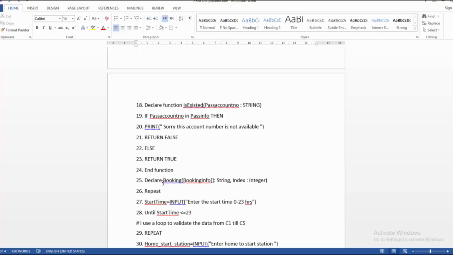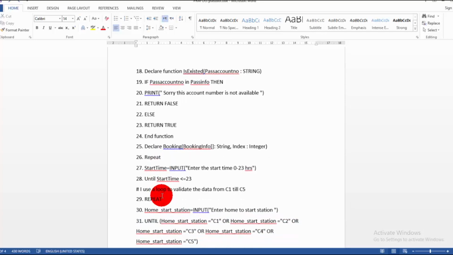Now next thing, declare booking, means now we have to store the booking information in this variable, and then I use the repeat variable. Okay, next is a start time variable, because it will store the start time, that at which time the train or the vehicle will start, and it will continue the process till 23 hours.